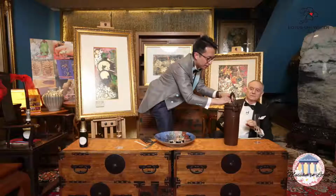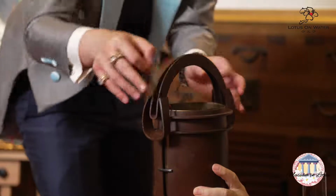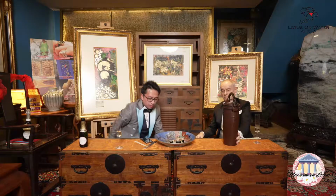So I hope that soon we will be able to present this wonderful vase with some flowers to give the audience the idea of how it can serve as an ikebana vase. And here we have the container, which I will try to extract. Oh, there's a separate layer. It's a separate layer, which is the container. It's a little bit stuck, but it definitely comes out. I see. And possibly it's the way that it's been placed. Oh, it's okay. So you can come here. That means that according to what Mr. Pino has shared with us,